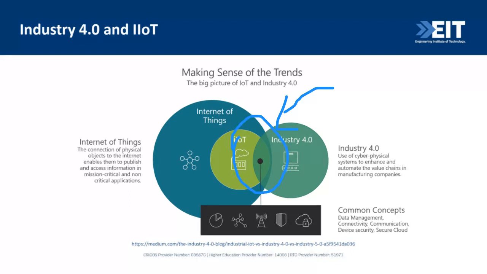So ultimately, where Industry 4.0 is using cyber physical systems like robots that have actuators as well as sensors, that actually allows you to automate the processes. The Internet of Things, what it's also doing at the same time is allowing those devices to communicate amongst each other. So that's how the devices are communicating. Those devices could be robots or simple sensors. That actually expands the scope of Industry 4.0.